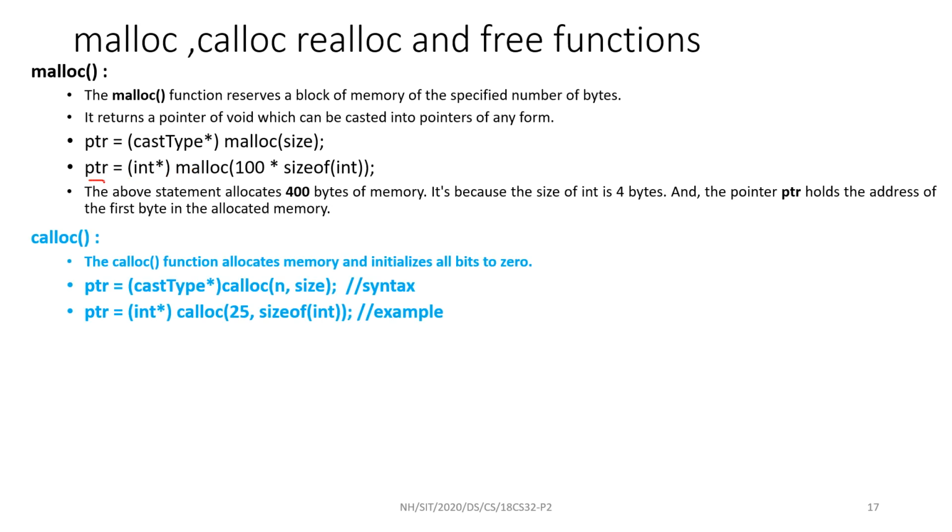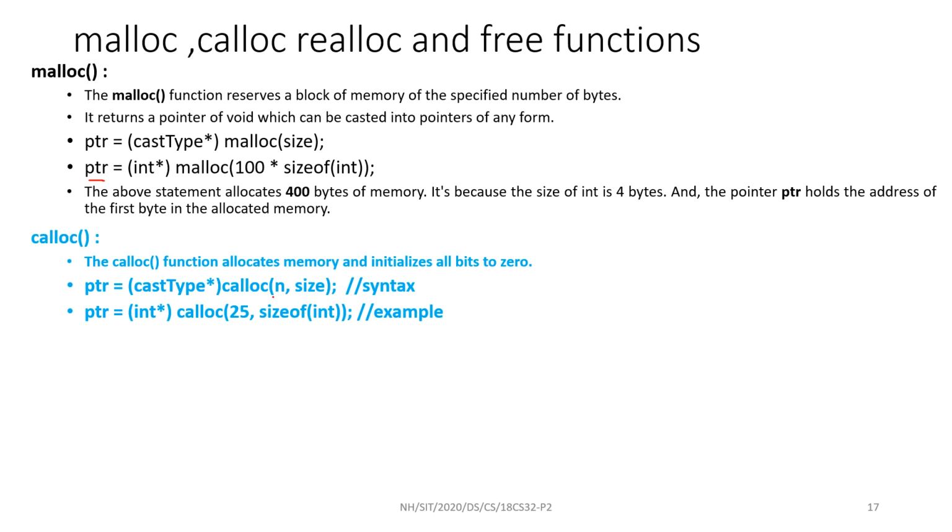The next is the calloc function. The calloc function allocates memory and initializes all memory to 0. Calloc, clearing, that clears. Here you can write a small program with just malloc allocation and try printing it. You will get some garbage value. I will show that with the program later in the presentation and the other presentation, just to see the malloc and calloc. In case of calloc, everything is the same.